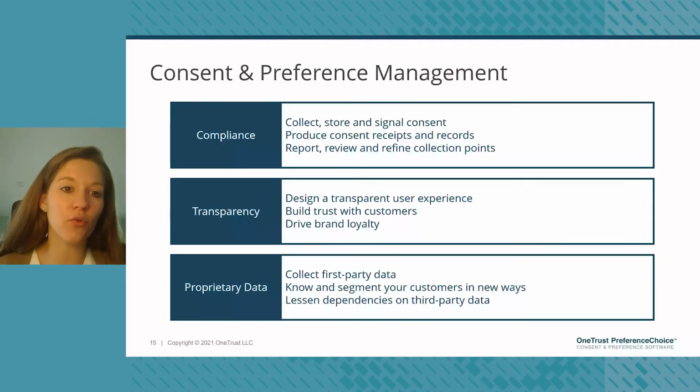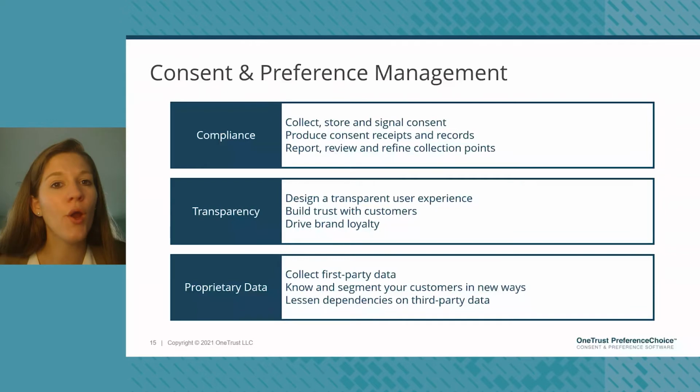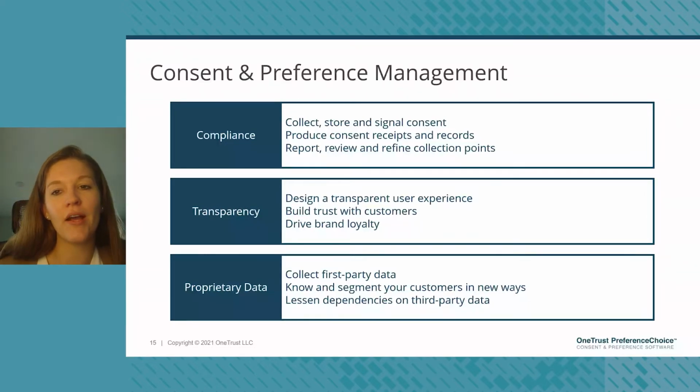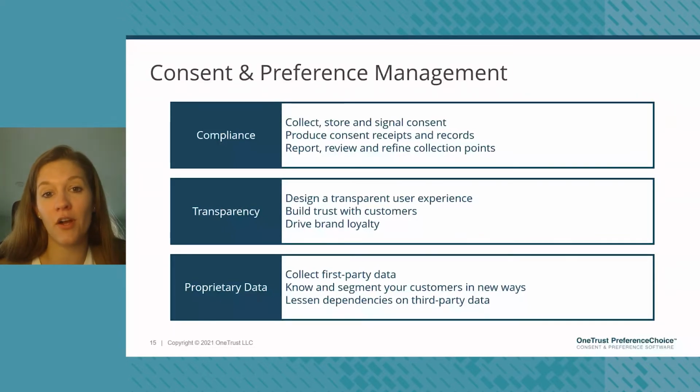and really building a better relationship over time with our customers by being clear and communicating about what information we have or what information might be added to their profile or to information we have about them to further deliver a better experience. So that's where we get into, again, this concept of collecting first party data directly from the individual. We know that our third party data sources are going to be reduced, and we have the opportunity to connect directly with our customers and start to build up some of that data.